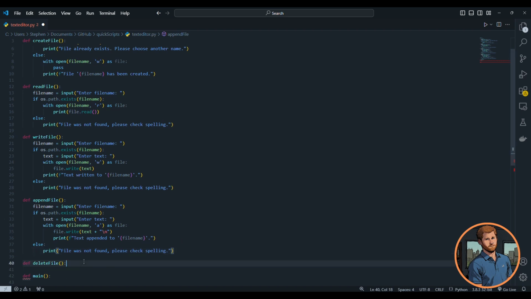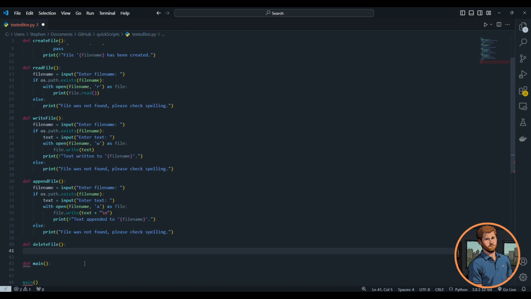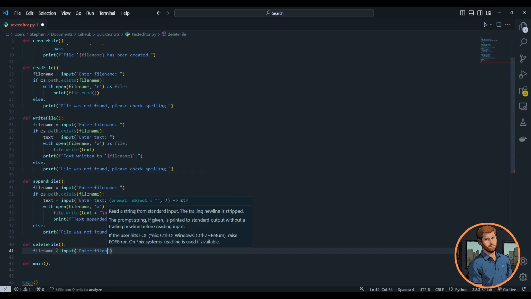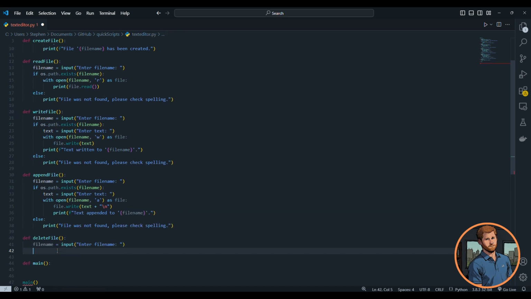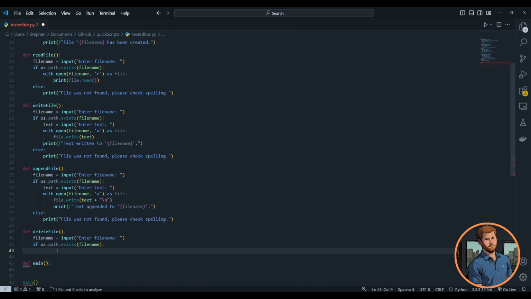Now we'll do our delete function. I almost feel like I should just be copy and pasting most of the function because it's really just the OS function that we're calling that changes. No, there's a few differences. That's okay. Repetition's good for learning anyway. File name equals input, enter file name. Then if os.path.exists file name, then we want to use os to remove. So os.remove